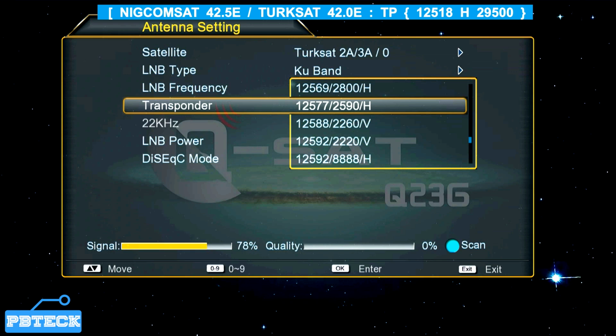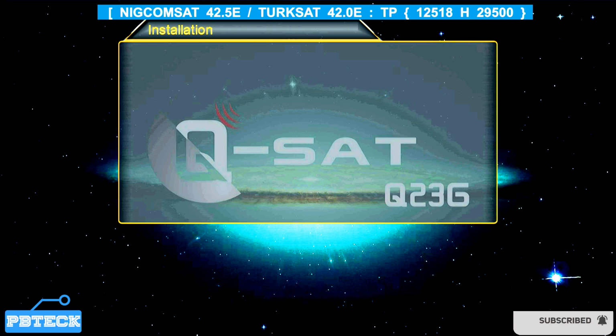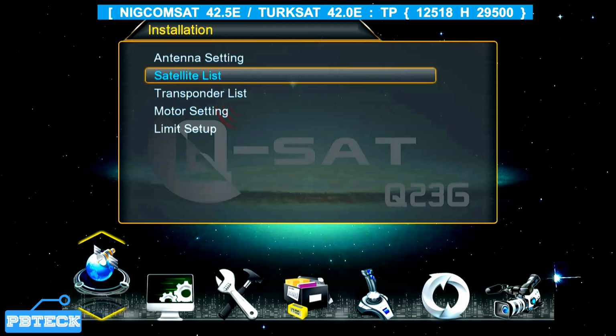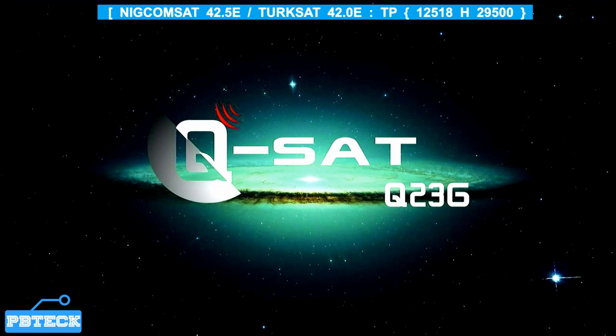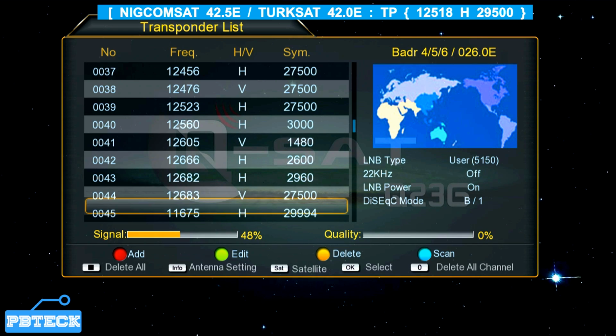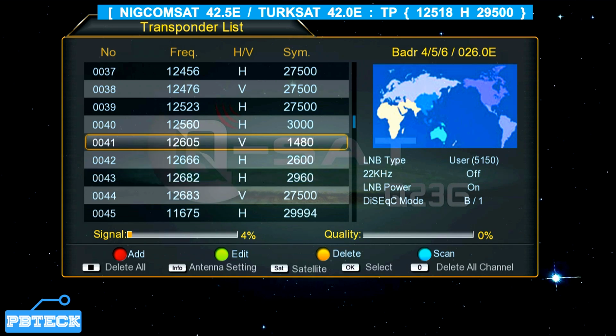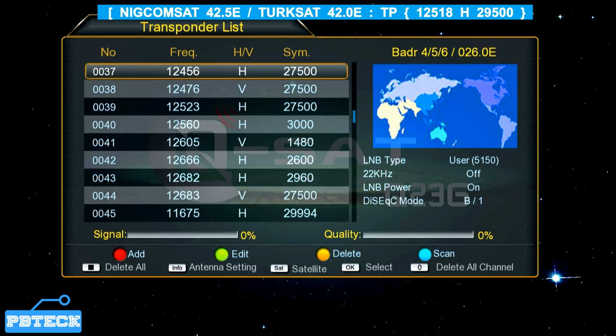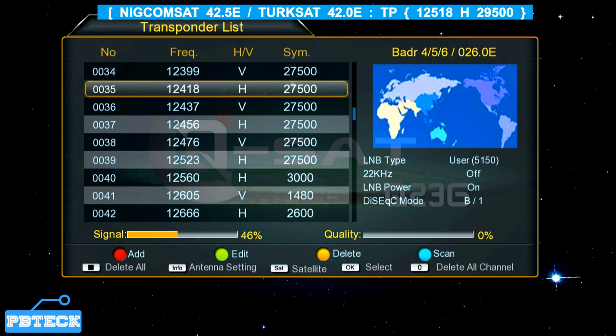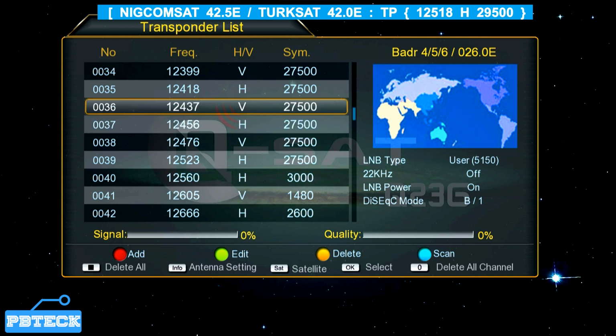add on this page. So all we have to do is to press on the exit button to go back to the transponder list page. Come to the third option, you press OK on it, and here, as you can see on the right side of the page, you have a selected satellite folder, which is the BADSAT or the BAD satellite option on the 26.0 degrees. So we have to change it to the TürkSat, which we will be able to add our TP